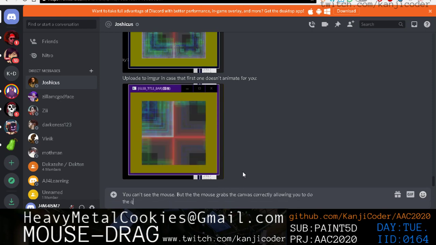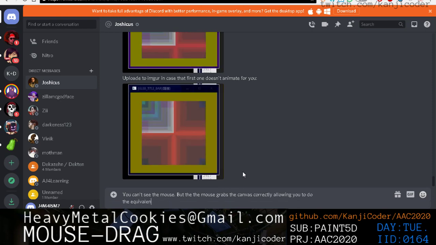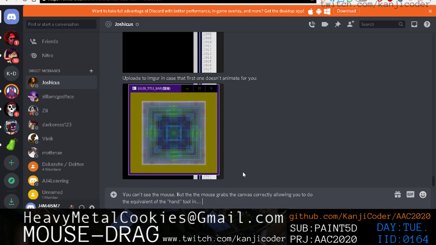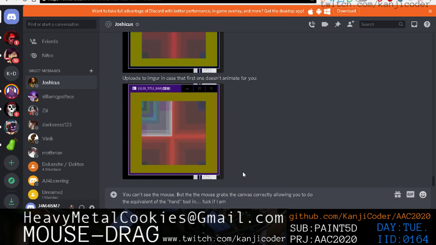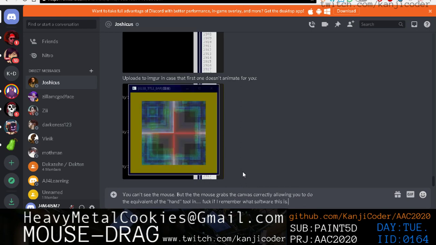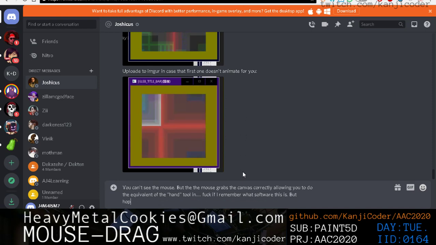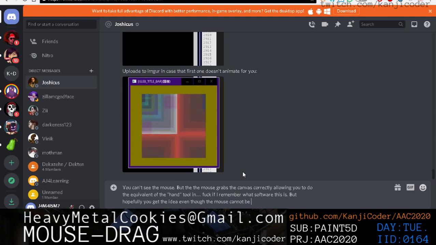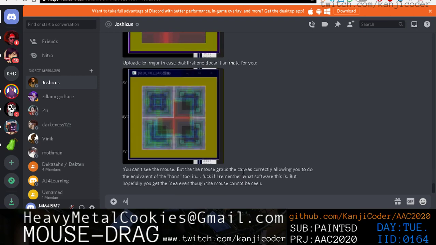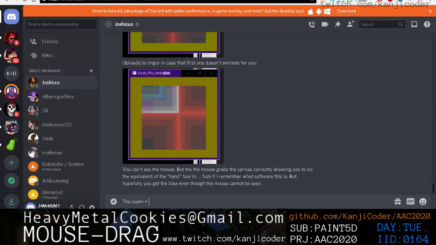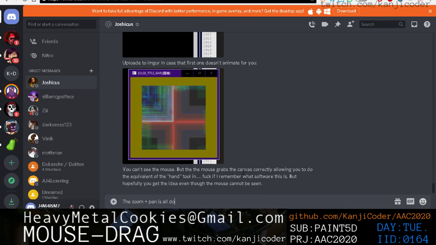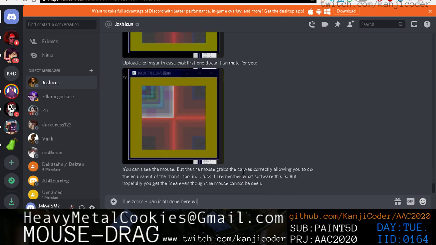allowing you to do the equivalent of the hand tool in... I can't remember what software that is. But hopefully you get the idea, even though the mouse cannot be seen. The zoom plus pan is all done here with mouse,